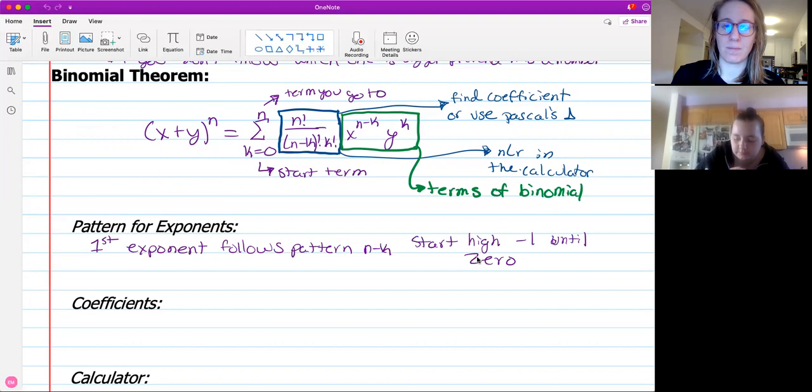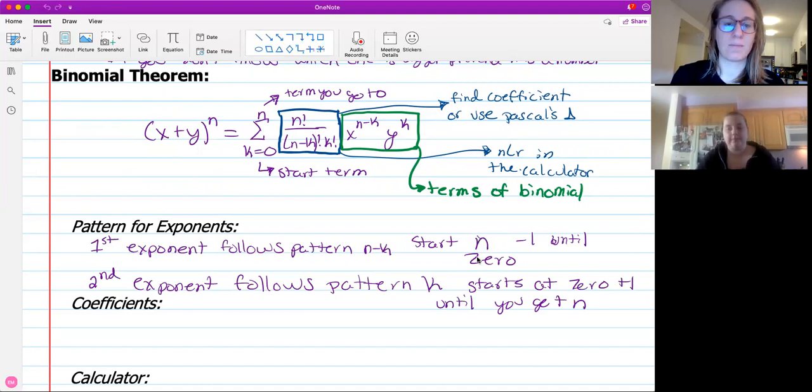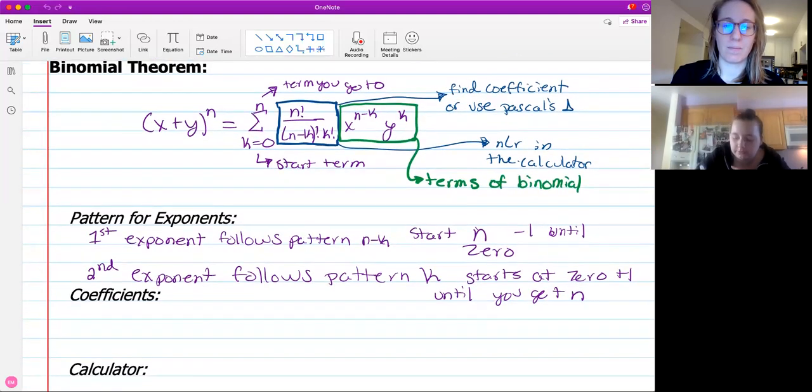And then your second exponent follows the pattern k, and that one does the opposite of what the other one does. It starts at 0 and adds 1 until you get to n. And I guess I should say here, for the first one, you start at n and you subtract 1 until you get 0, just like that. Coefficients I talked about up here, but remember you can either use your factorial piece,